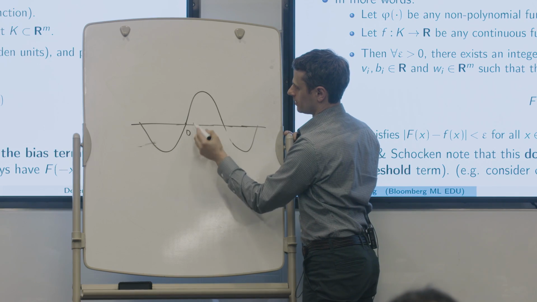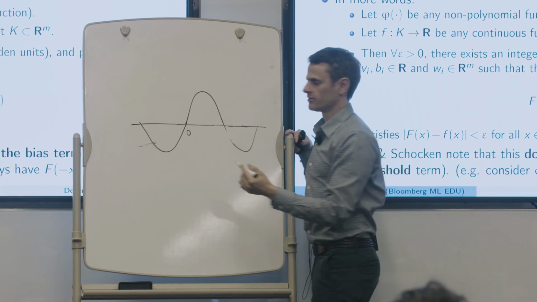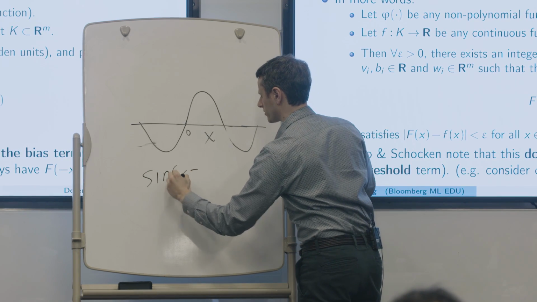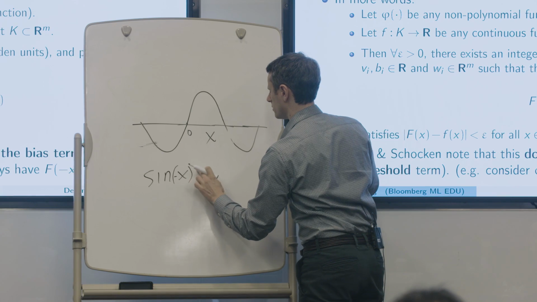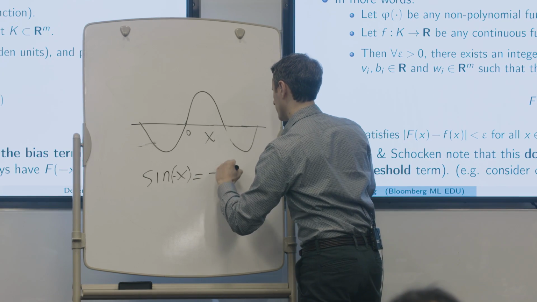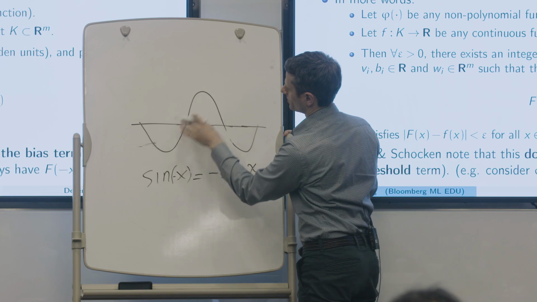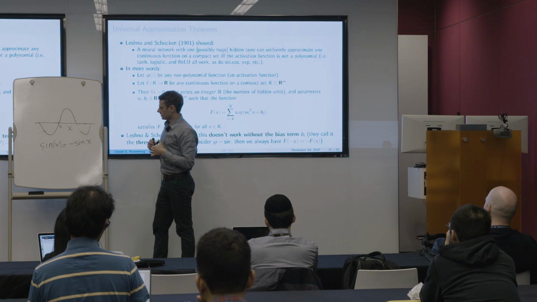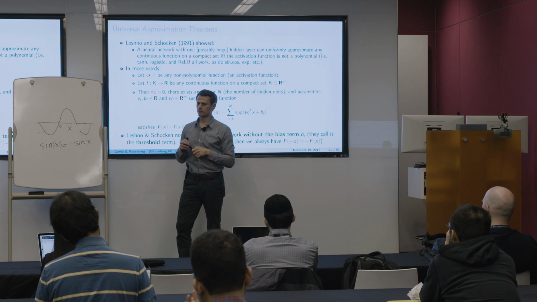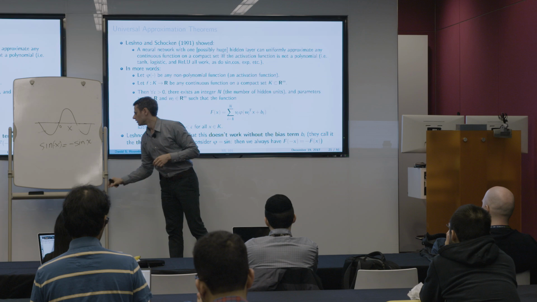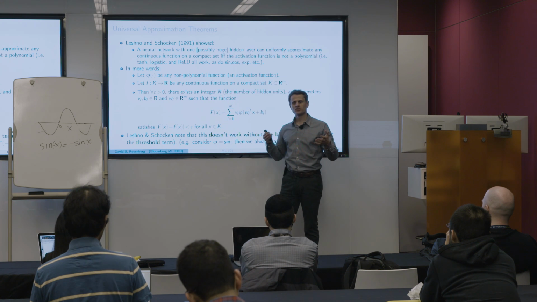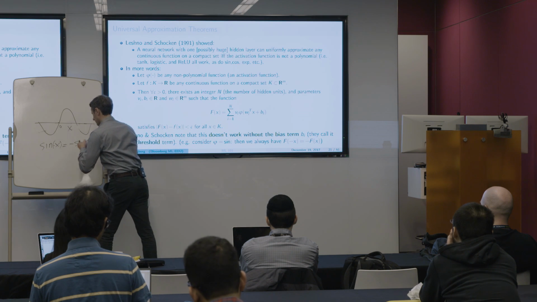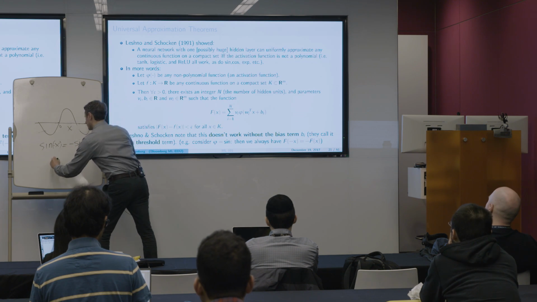This is an odd function, right? So sine of negative x is equal to negative sine of x. You could reflect it around the origin. It's symmetric about the origin. And if that's our activation function, and we're taking just combinations of sine of x, so if we only had a linear function of x,